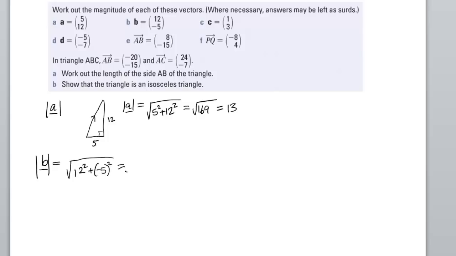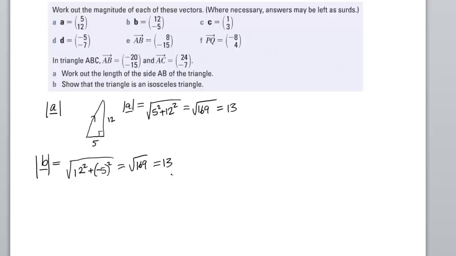If you're doing this on your calculator, remember to put brackets around the minus 5, otherwise your calculator will simply follow the BIDMAS rules that it's programmed to do, and it will square the 5, but it will preserve the minus, and it will be doing the square root of 144 minus 25, which will lead to the wrong magnitude. Again, this is 169,